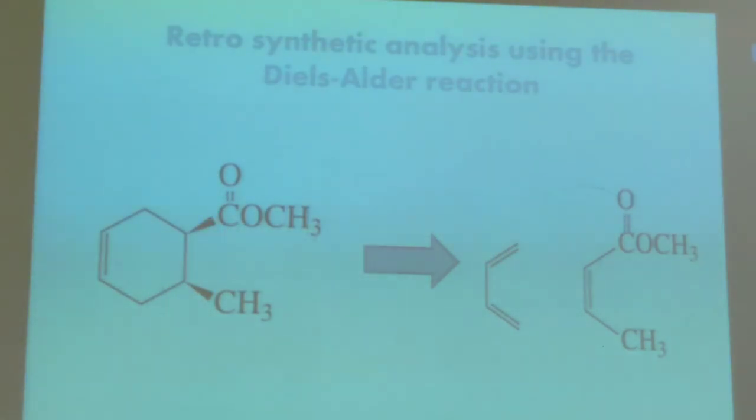When a cyclic ester, methyl cyclohexene methyl ester, is decomposed, it again regenerates 1,3-butadiene and the unsaturated ester from which it was synthesized. That is called retrosynthetic analysis. From the substance from which that cyclic ester was synthesized, it is again broken down into the same constituents from which it was synthesized, that is 1,3-butadiene, the conjugated diene, and the unsaturated ester.